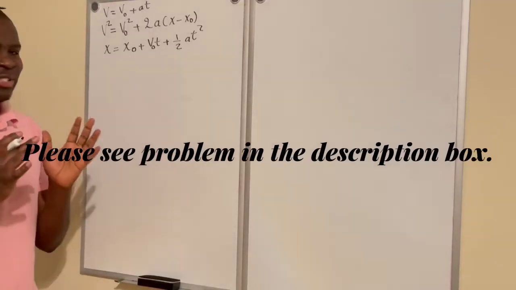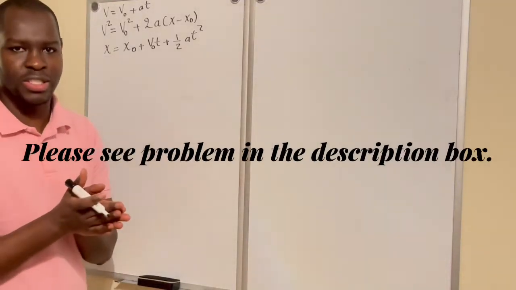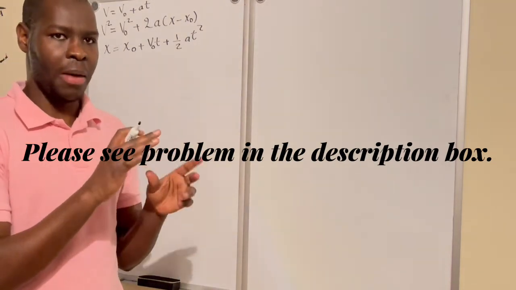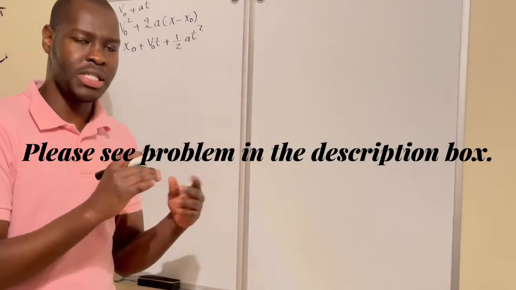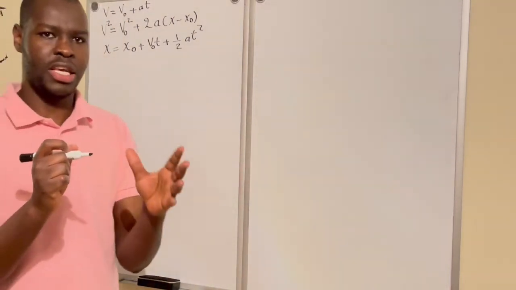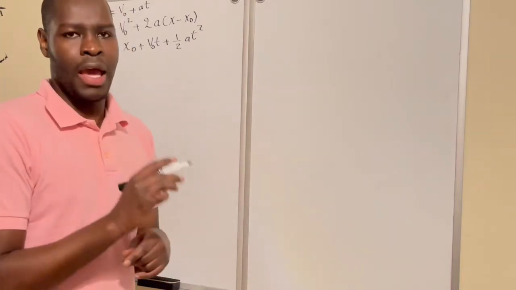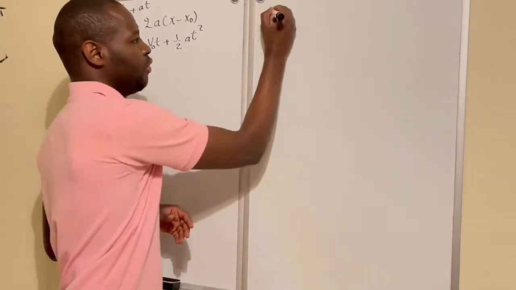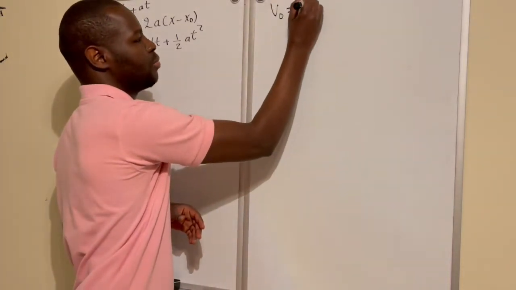Hello everyone, today I'll be covering projectile motions. At the beginning of the video, there is actually the problem that we need to solve. So basically we are given two balls that have both been launched at the same elevation and with the same initial velocity. And the initial velocity, V0, was given to be